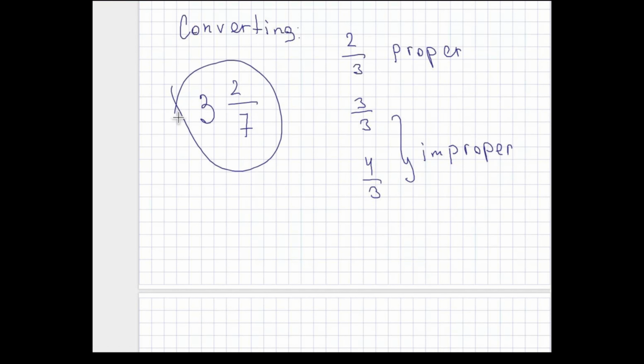Let us see. Is it a whole number? No. Is it a fraction? No. We see a whole number and a fraction, and it is a mixing of them. So this is called a mixed number. This is not a fraction, this is not a whole number, this is a mixed number. That is called 3 and 2/7, or we can say 3 wholes and 2/7. Okay. We can convert between a mixed number and an improper fraction, but before this, I want to show it